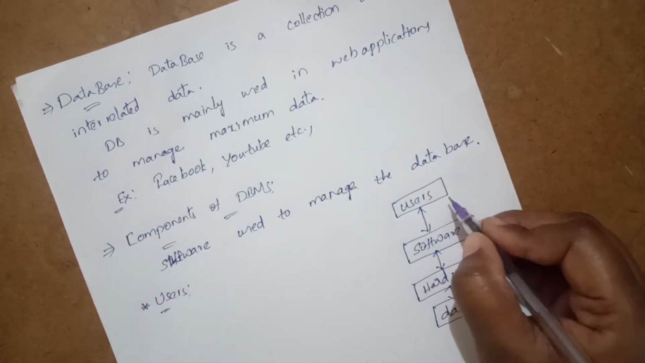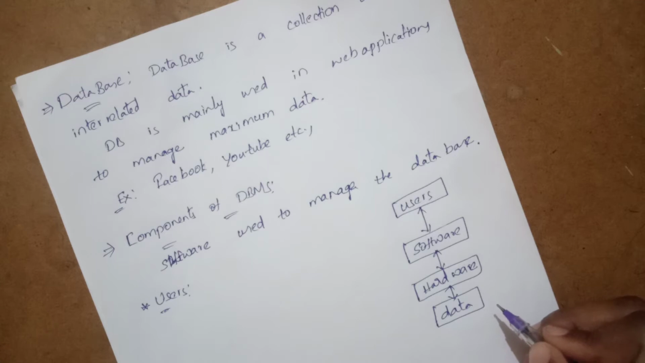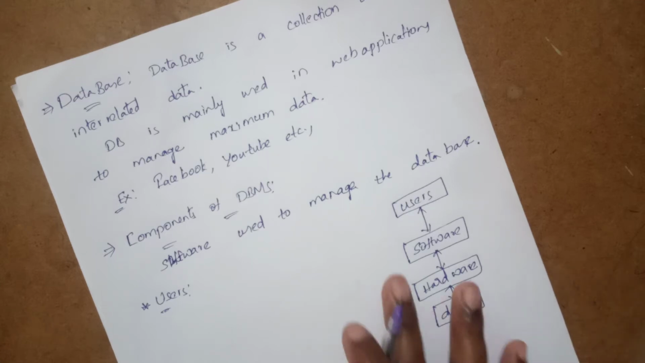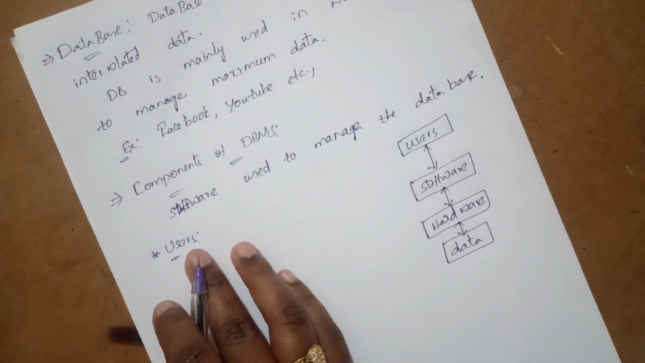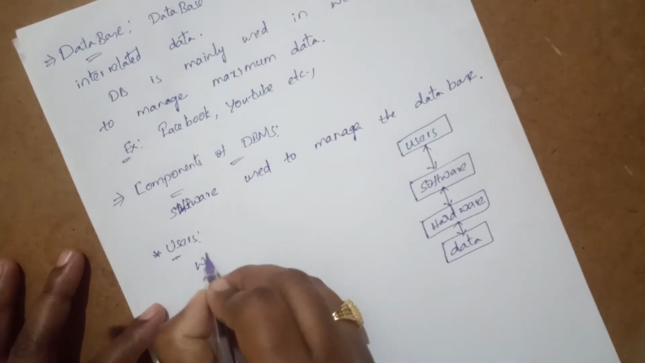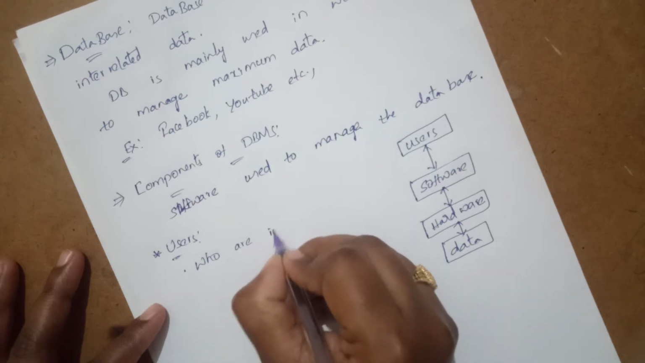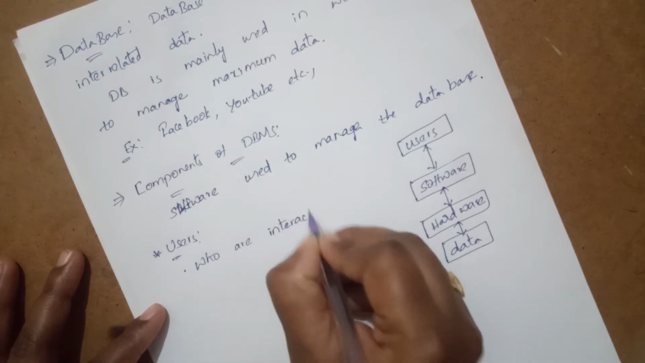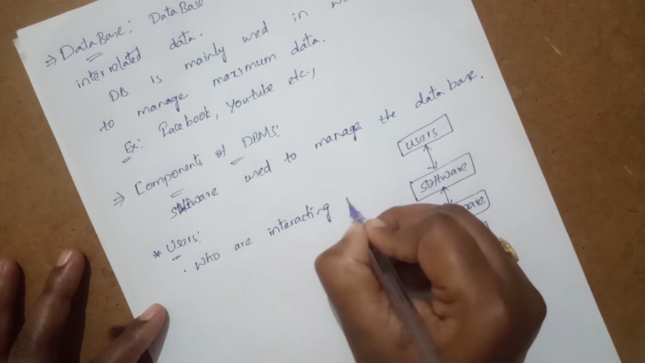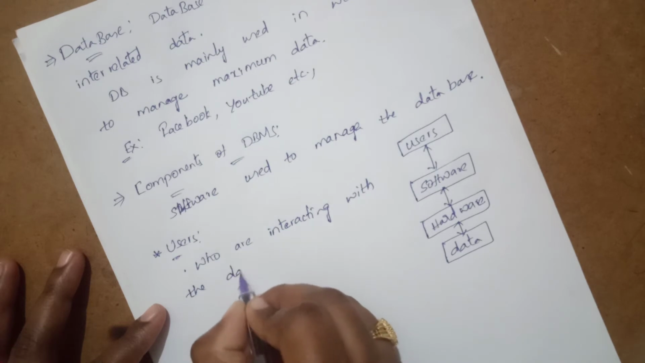Users are nothing but who are interacting with the database, who are working with the database, who are connected with the database. So first one is user. Users are the persons who are interacting with the database,